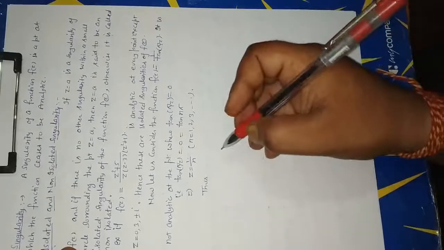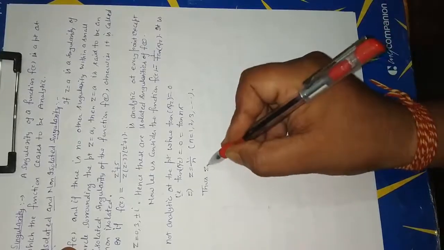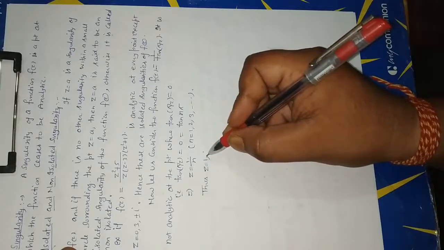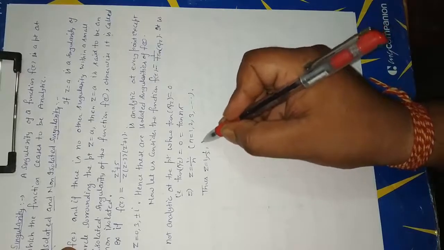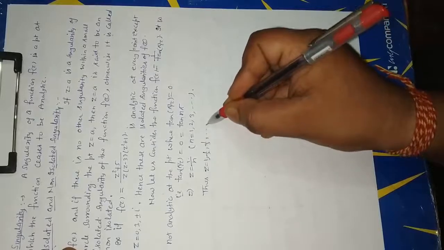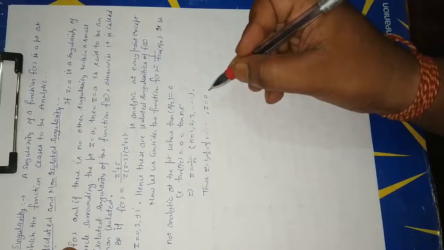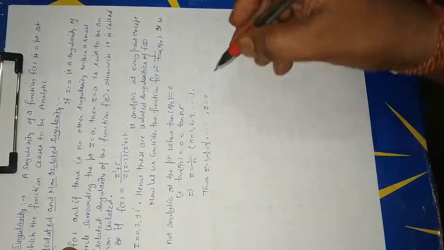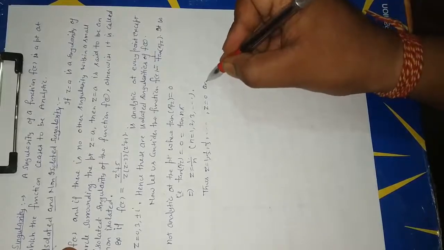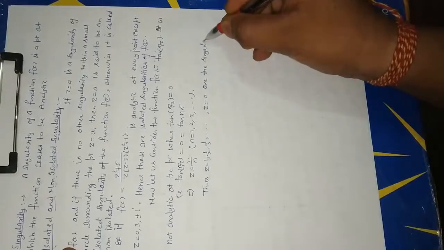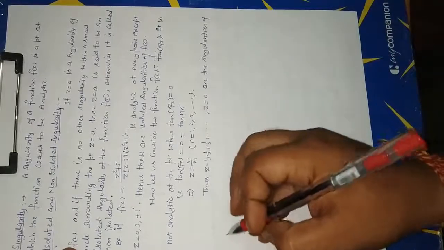Thus, z equal to 1, 1 upon 2, 1 upon 3, and so on, and z equal to 0 are the singularities of the function,